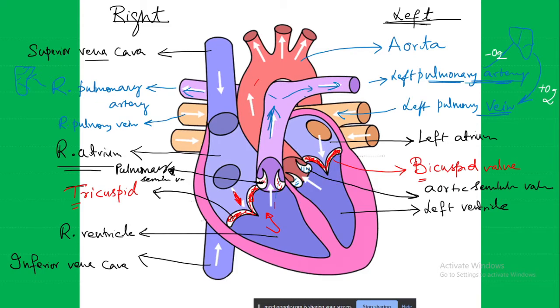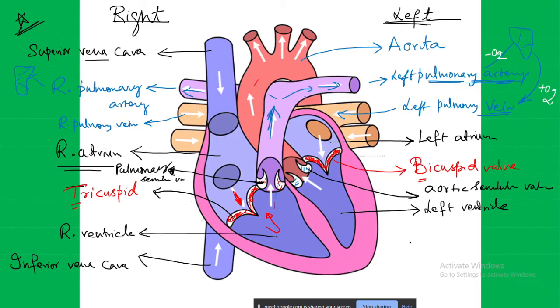Okay. So here, one question will come with labeling, right? This is one of the very important questions: labeling of the human heart. You should be able to label the chambers of the heart, the valves, and the vessels. These are the four important things. The pericardium and the septum, the interatrial septum, the interventricular septum, all of this matters, but generally the more important things to focus on are the chambers, vessels, and valves.